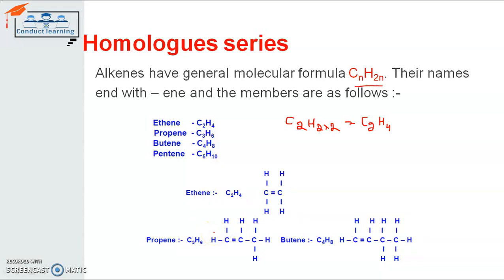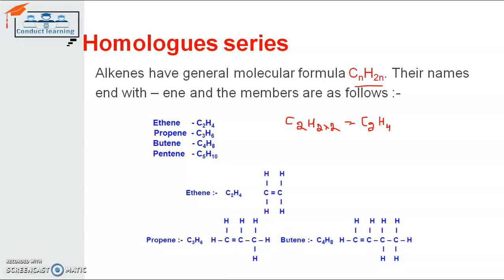So accordingly, this structure of ethene is designed. The same thing happens with propene also. The number of carbon atoms is increased in propene. C is increased by 1 and H is increased by 2. And the structure of propene is also presented there, where the double bond is in between these two carbon atoms. The rest of the carbon atoms are making single bonds with either a carbon atom or a hydrogen atom.